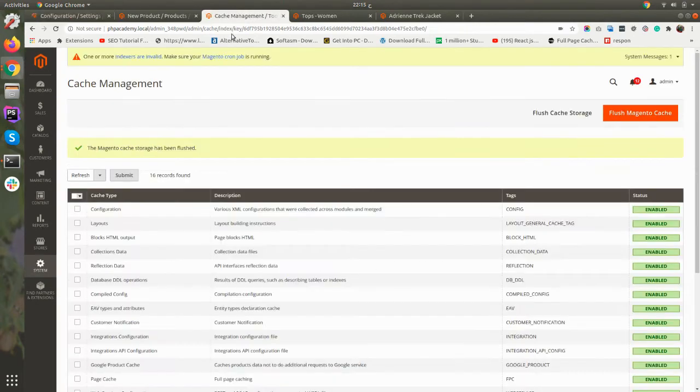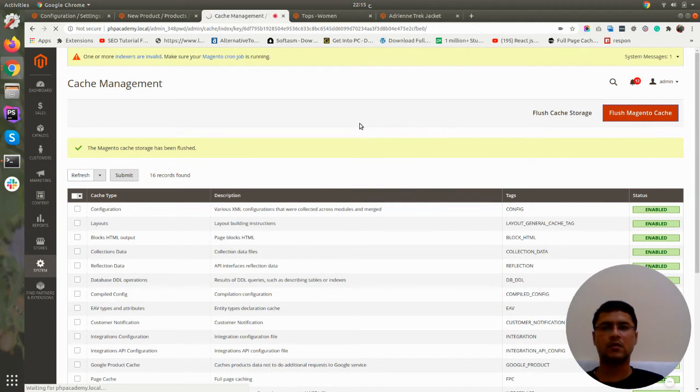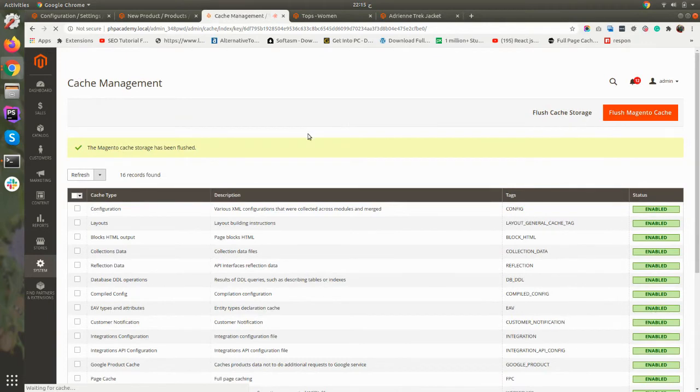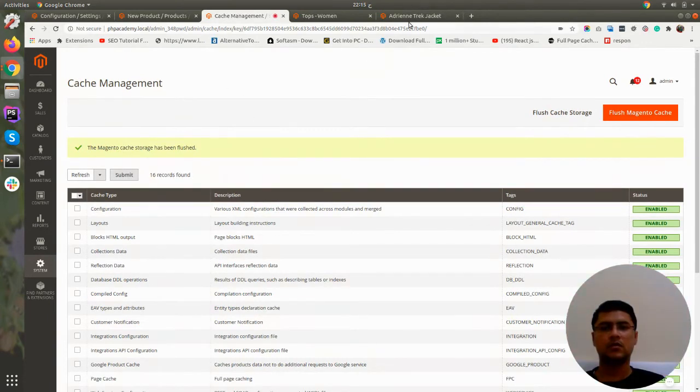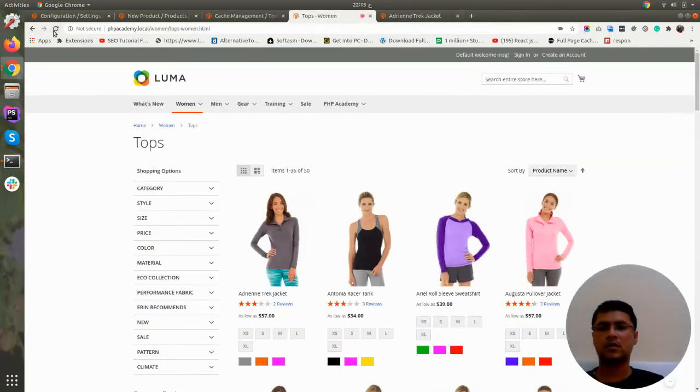Okay, so let me clear the cache. Whenever you are making any changes in the configuration, you have to clear your cache. Otherwise, the changes will not take effect. Okay, so I have changed it. Let's clear the cache.